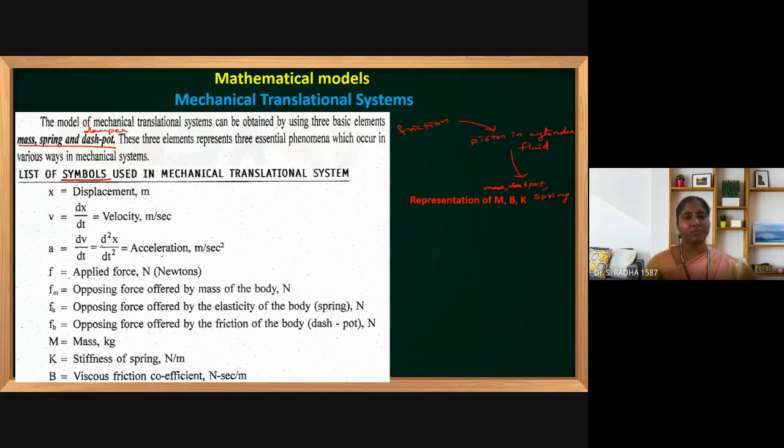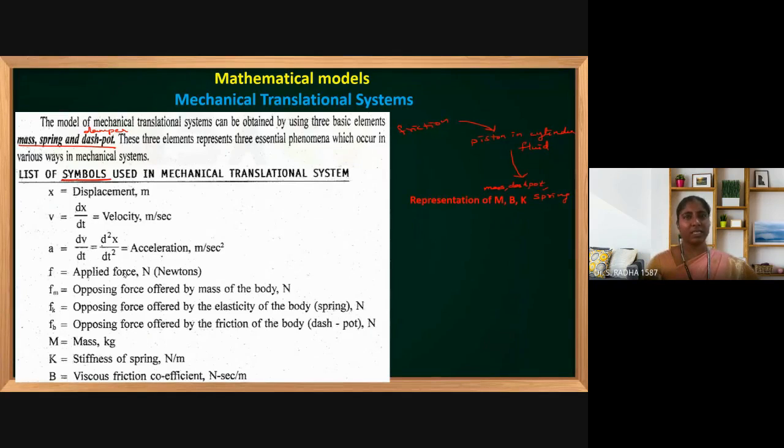Then force applied. For example, I am the machine, I am the object. If somebody applies force on me and trying to move, generally I will give some opposing force. Any mass will be preferred to be at rest unless some external force is applied. It is a general phenomena that any object will prefer to be at rest. It doesn't like any movement. So when some external force is applied, it will try to give some opposing force also because of moment of inertia.